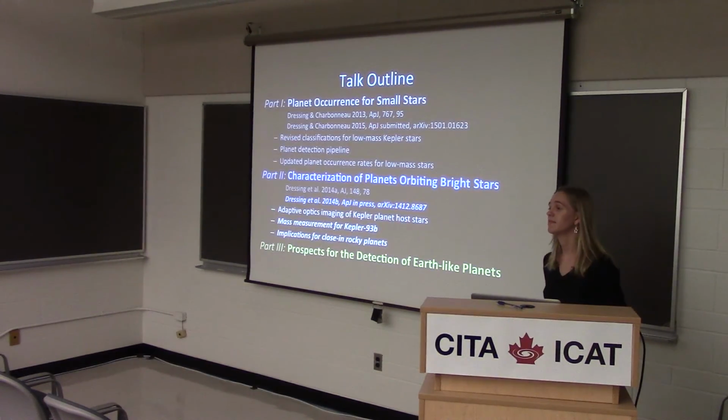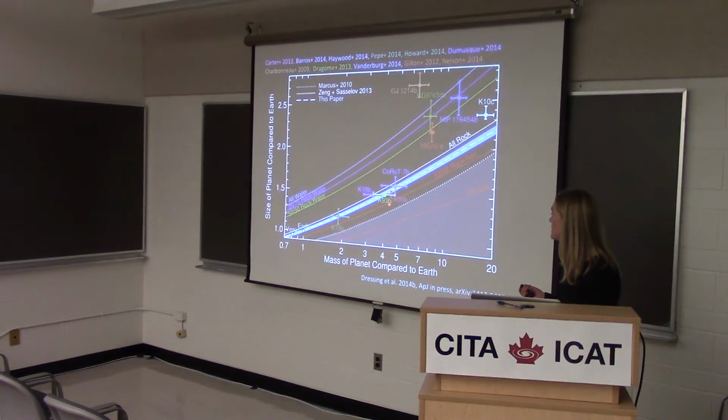How involved is it to get the mass? For those? So most of these, a lot of nights. For Kepler 93b, we had about 80 observations. For Kepler 78b, I think it was maybe 60. So the nice thing about HARPS North, though, is that the HARPS North collaboration...